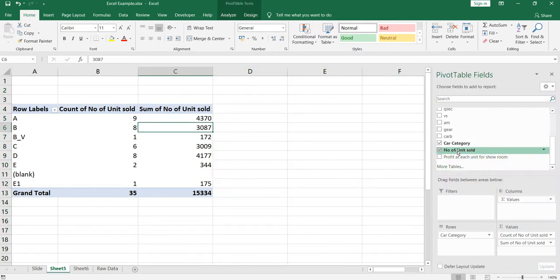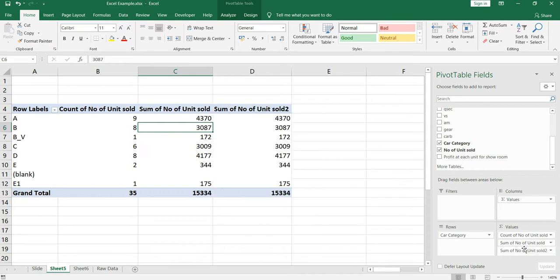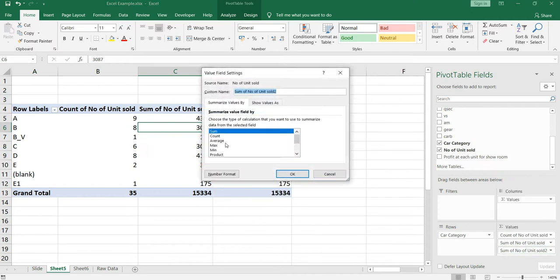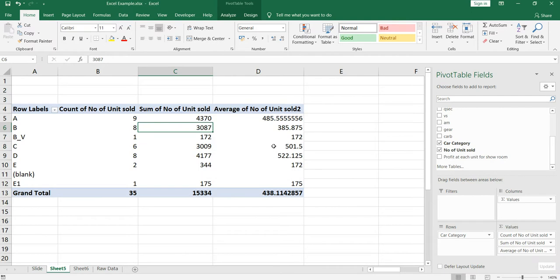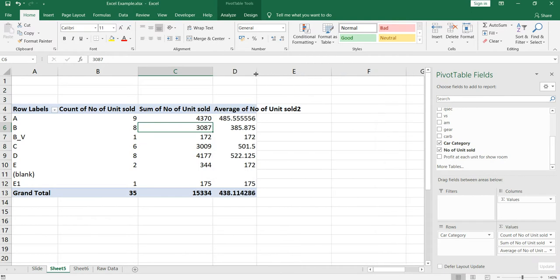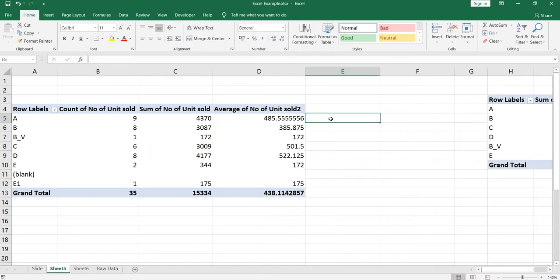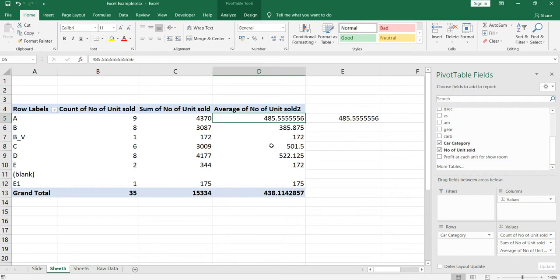If I take number of units sold again and put average here, it will show me the average of category A. What is the average number of cars sold for category A? If I take this 437 and divide it by this 9, I should get 485 point something. So I'm getting the same value, 485. This is how average is showing.